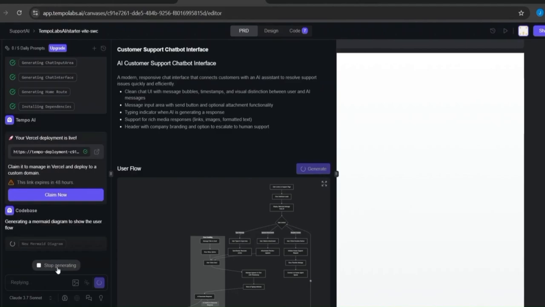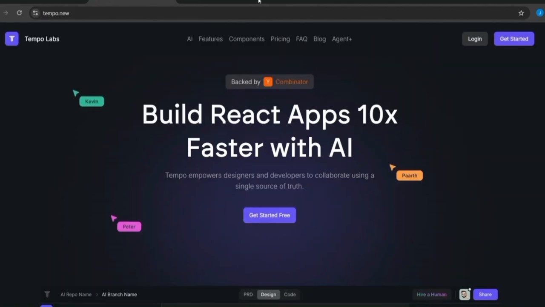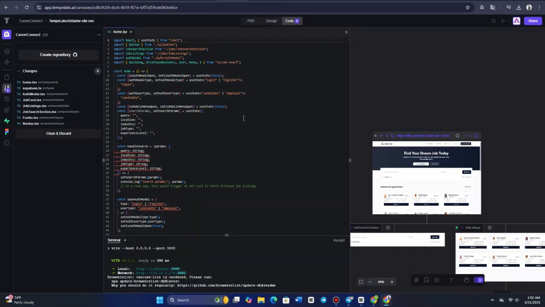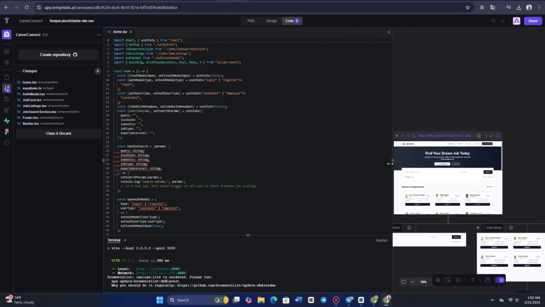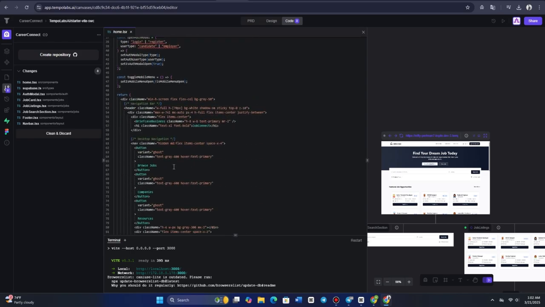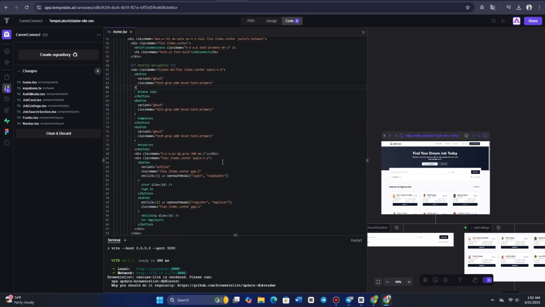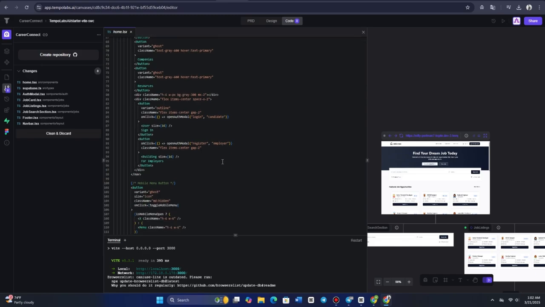In that case, simply instruct Tempo to properly establish the connection between the project and Supabase. Tempo will then analyze the issue and generate a solution. Here, we can see it writing SQL code, the programming language used for managing relational databases. This code serves as the command that tells Supabase exactly how to store and organize our data. To apply this fix, open the SQL editor, paste the generated code inside, and then press Ctrl plus Enter to